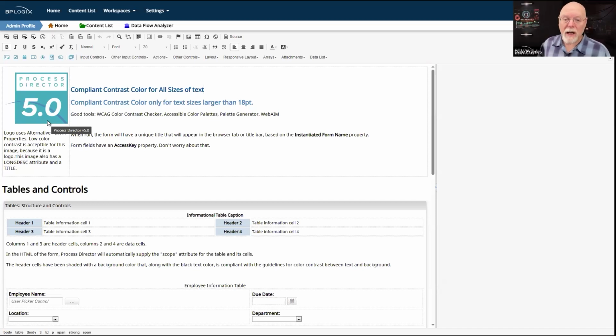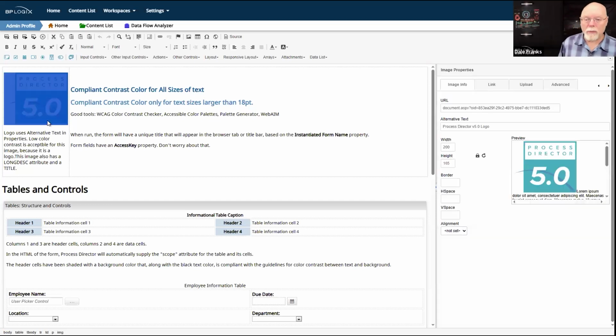However, because it is an image, other standards do apply. So if we select our image, there are some accessibility standards that must be met for an image, irrespective of whether that image is a logo or any other sort of visual image or indicator on the page.